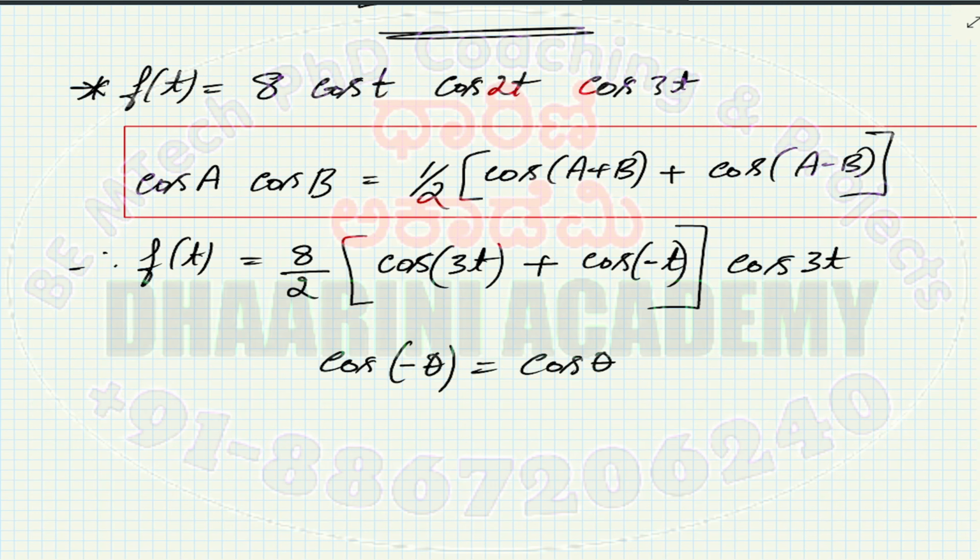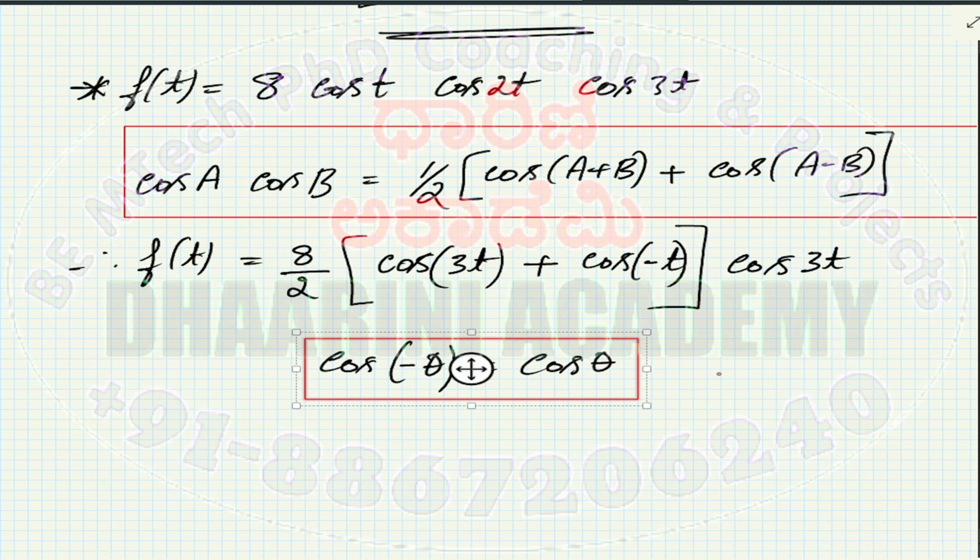Then the minus can be neglected. All right, so this is what I'm going to use here. So that results in, this implies f of t is now 4 times cos 3t into cos 3t,